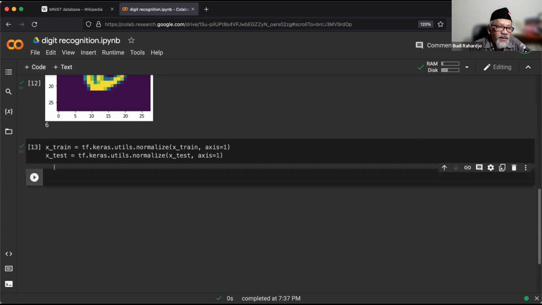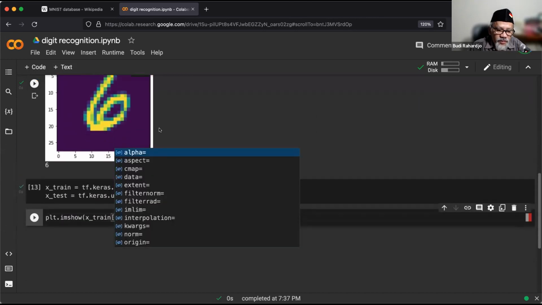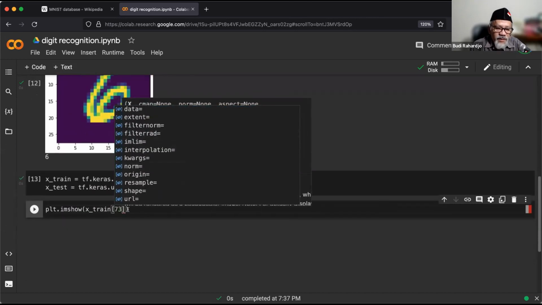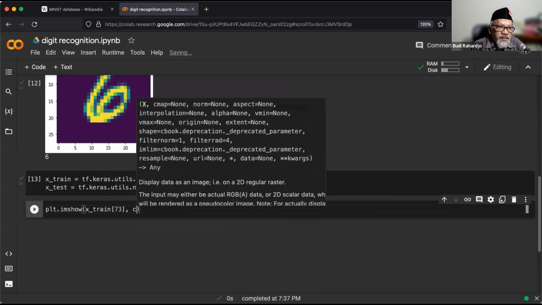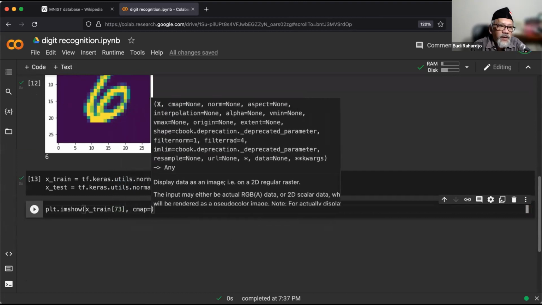Okay, additional code. Now I want to show plt.imshow again, image show, x_train, the one from before, index 73. Okay. Now what we are going to do: cmap is the color map.